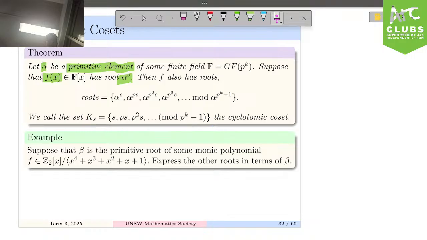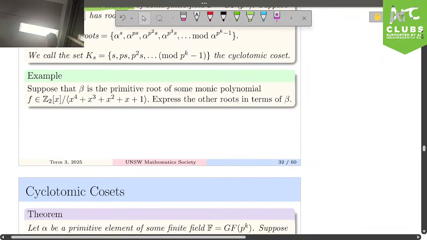The term coset here comes up in pure math. What's interesting about it is that if you have two different cosets and they share any element, then one must contain the other. So you can imagine, if alpha to the s was equal to alpha, there's a containing relationship, which means no two cosets are going to contain the same element. Anyway,